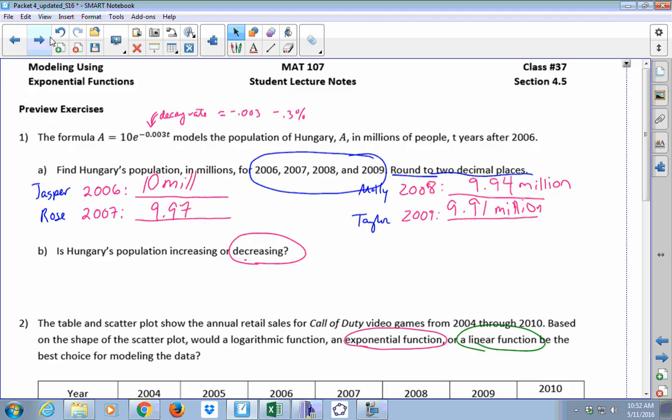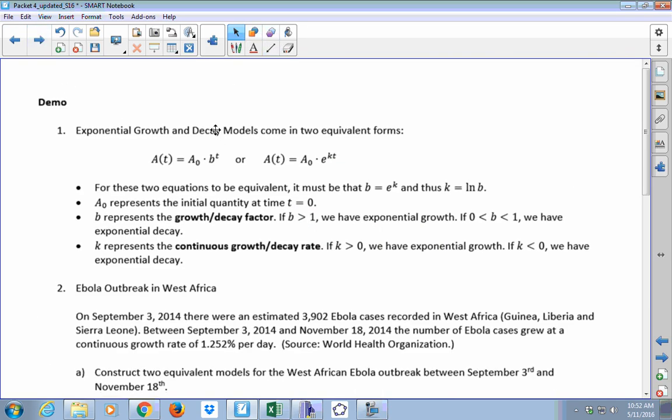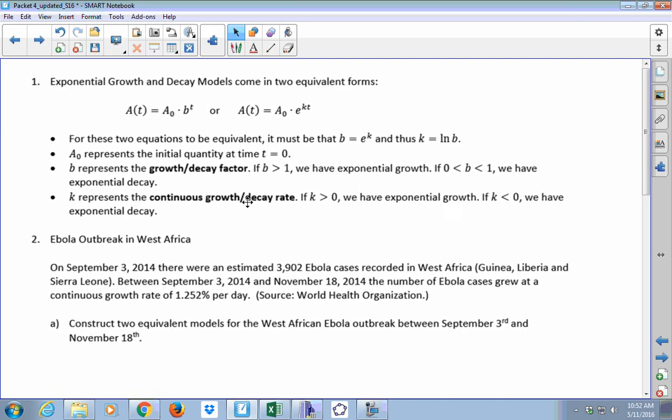So those are your warm-up activities. So let's take a look at the class demo today. The class demo, we're going to be, again, looking at exponential growth and decay models. But because we're going to be looking at problems in context now, we're not going to be looking at the parent functions, which are just models that look like this, b to the t. Now we actually have